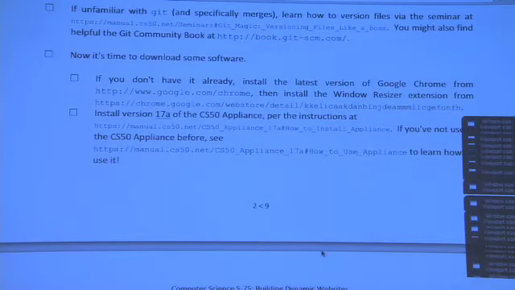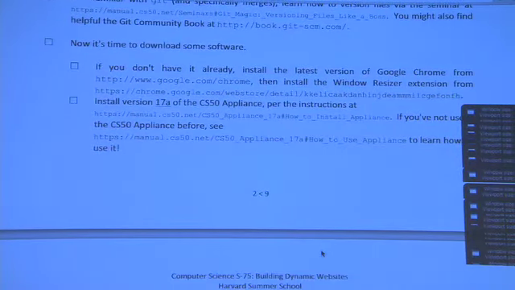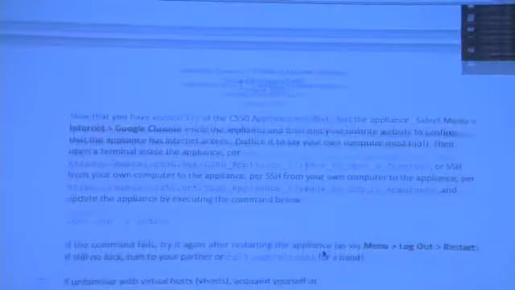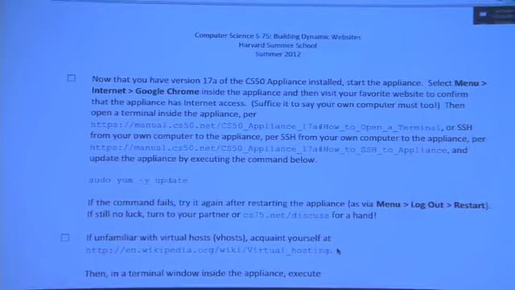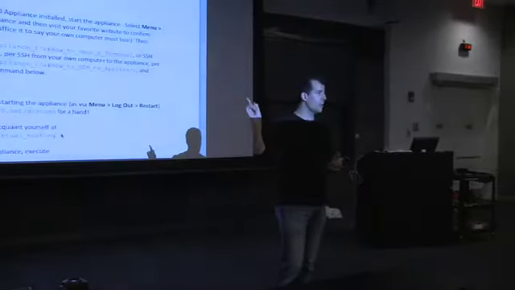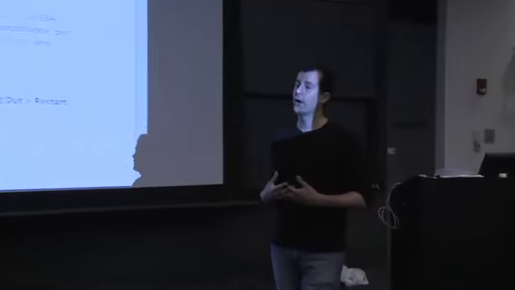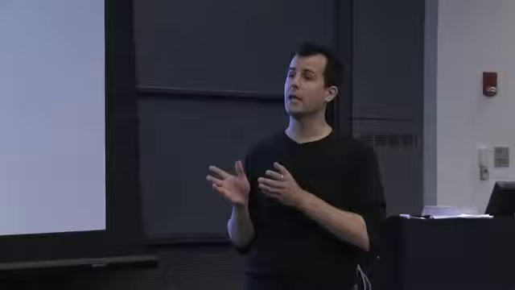You'll next see in the spec a number of instructions for how to download and install the CS50 appliance. In particular, if you're a Mac user, there is one step you can do tonight. When you go to the URL that's cited in this section of the spec, it has instructions for how to install the appliance. To be clear, the appliance will be posted by morning, but you can download sooner than that